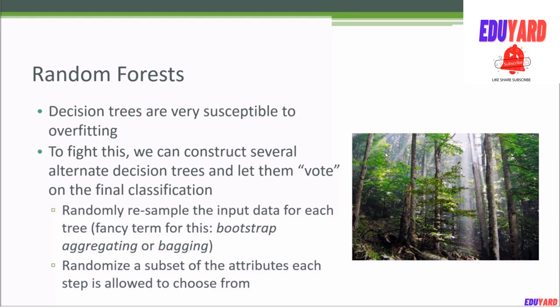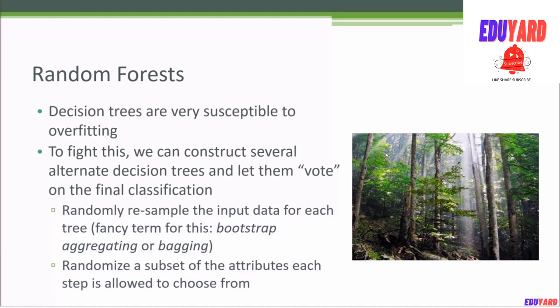Again, a fancy term for a very simple idea, and this is a form of what we call ensemble learning, which we will cover in more detail shortly. But the basic idea is we have multiple trees, a forest of trees if you will, each that uses just a random subsample of data that we have to train on, and then each of these trees can vote on the final result, and that will help us combat overfitting for a given set of training data.